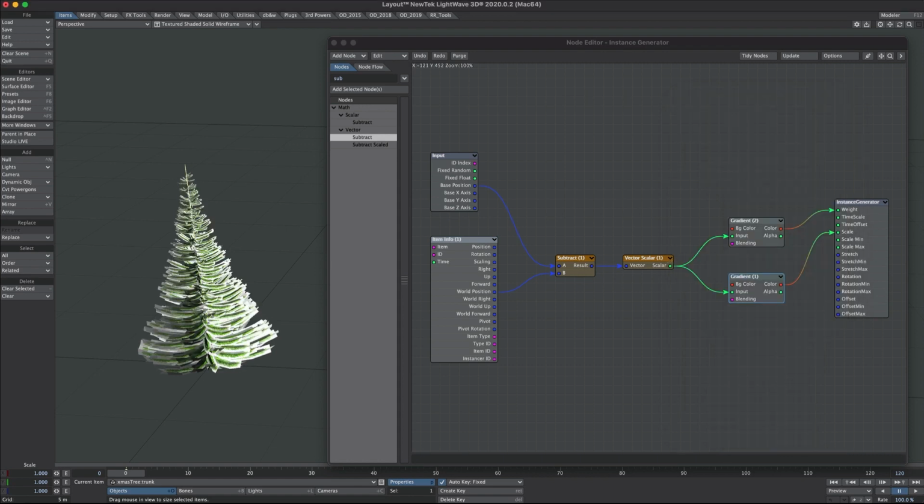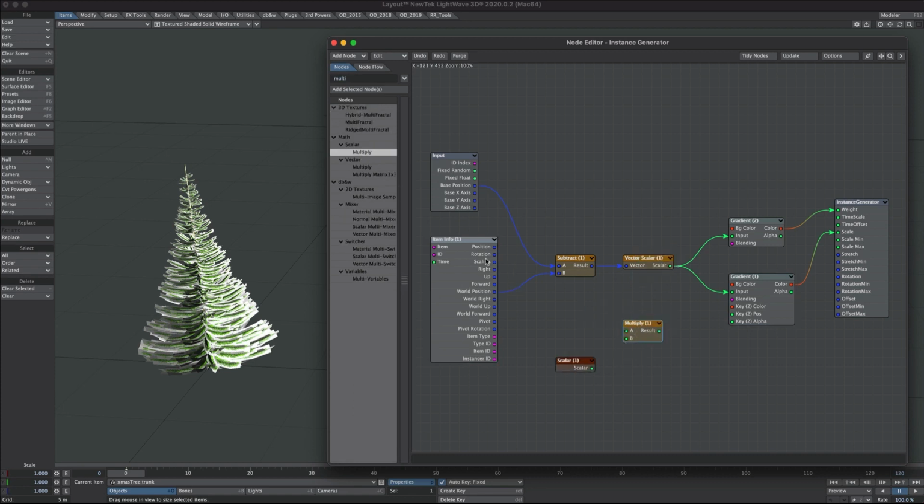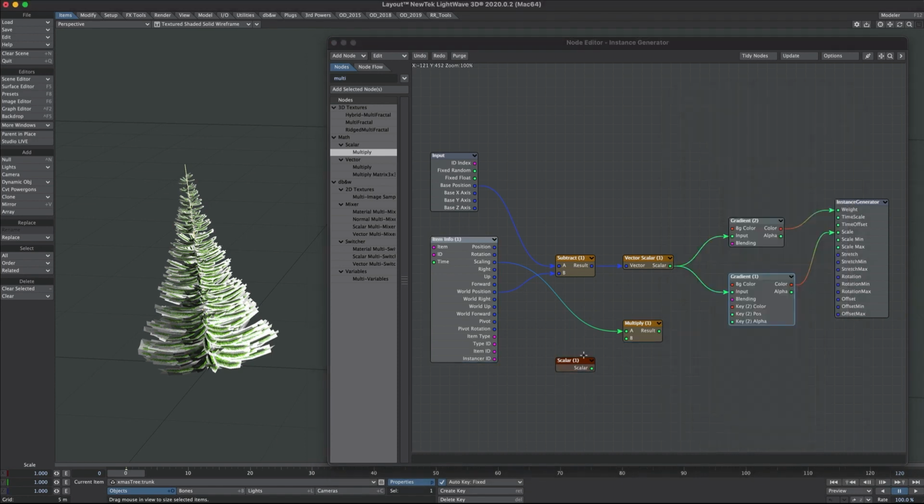Now we know what the scale is because we're scaling the trunk, so we have access to that here. So I'm going to get a scalar and a multiply. I'm going to take the scale of the trunk, and it's going from a vector into the scalar, so it will just take the x from the scale. It's just something to bear in mind. Now we know the gradient is 10 here, so let's enter 10 into the scalar, into the multiply, and then into the position of that gradient. So now when we scale up,